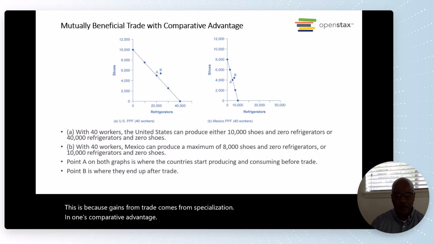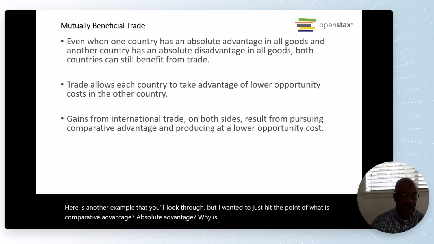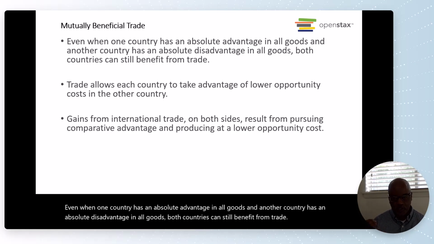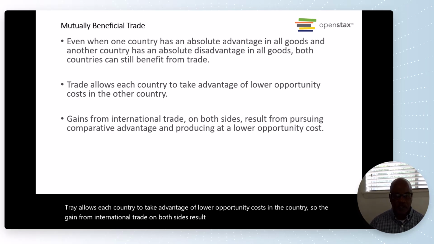Here is another example that you'll look through, but I wanted to just hit the point of what is comparative advantage, absolute advantage, why is it important? Even when one country has an absolute advantage in all goods and another country has an absolute disadvantage in all goods, both countries can still benefit from trade. Trade allows each country to take advantage of lower opportunity costs in the country. So the gain from international trade on both sides result from pursuing comparative advantage and producing at a lower opportunity